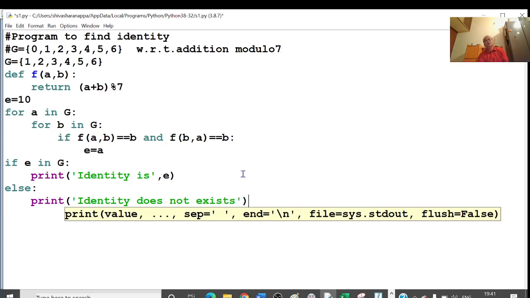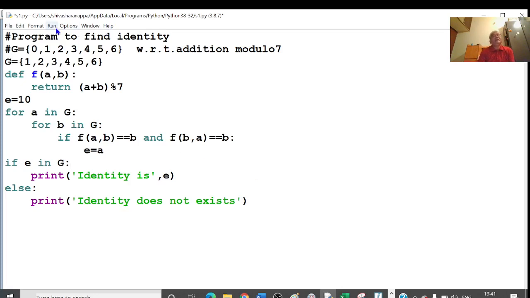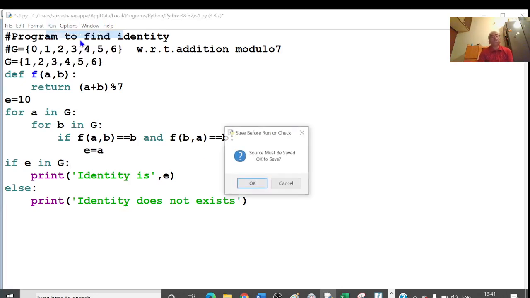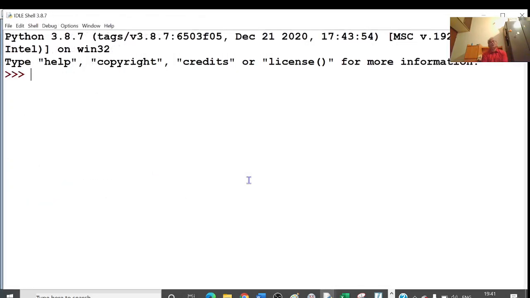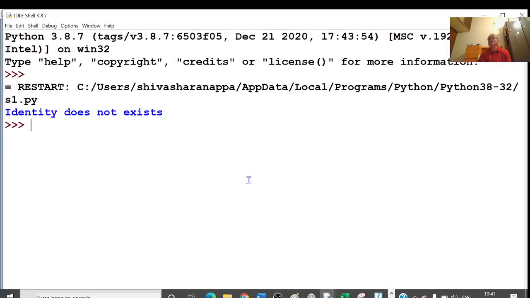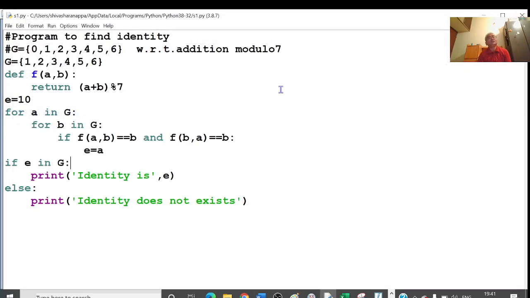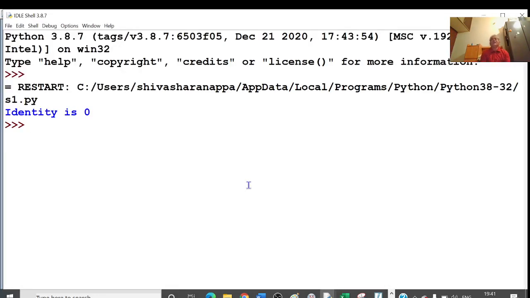Now see again, if I run this program, identity does not exist. I am getting this one. And if you include 0 here, identity is 0. Yes, identity is 0.